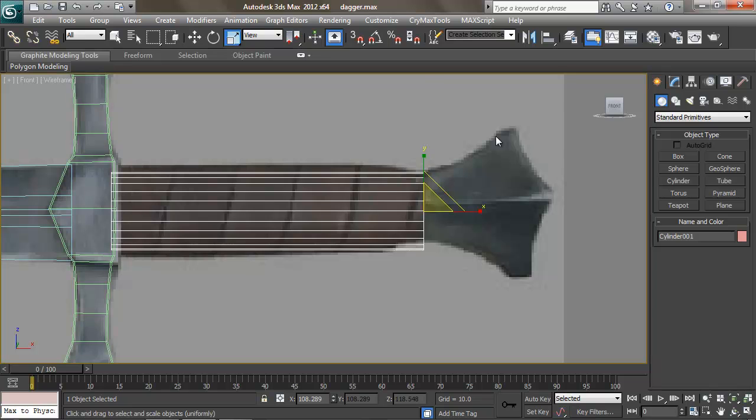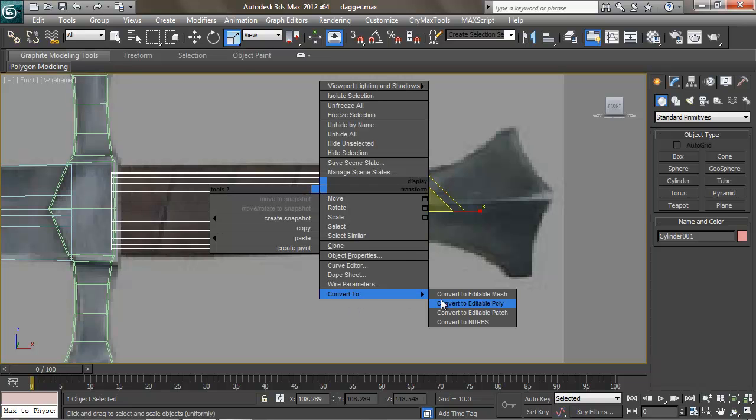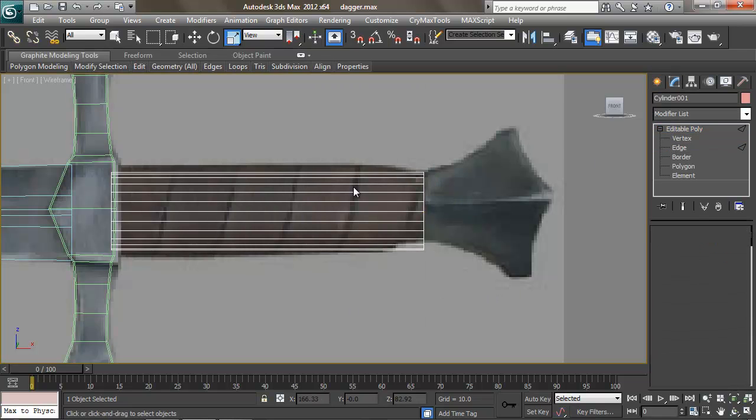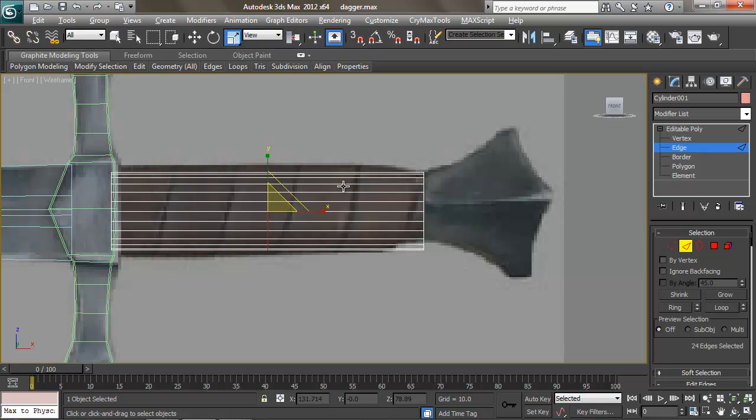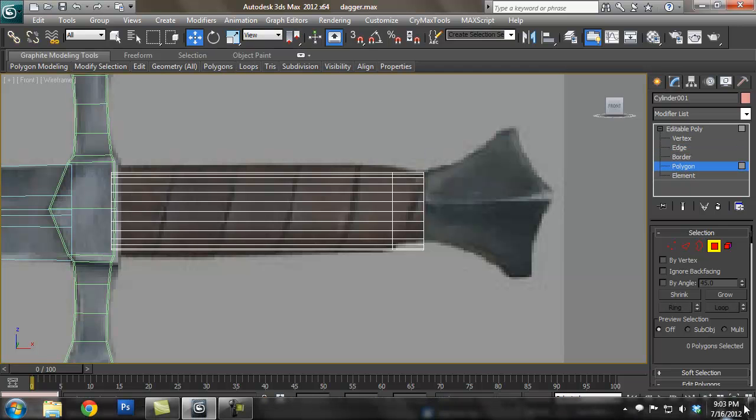Next we want to get some of this shape we have here in the photo. So I'm just going to make it an editable poly. Go into edge mode and use Alt-R to get a ring selection and Control-Shift-E to add an edge loop in there. Now I want to make this end cap smaller, and I could go into polygon mode